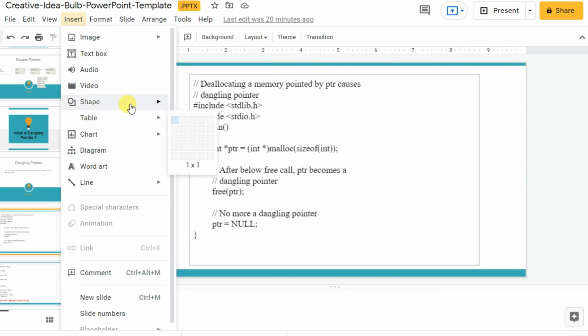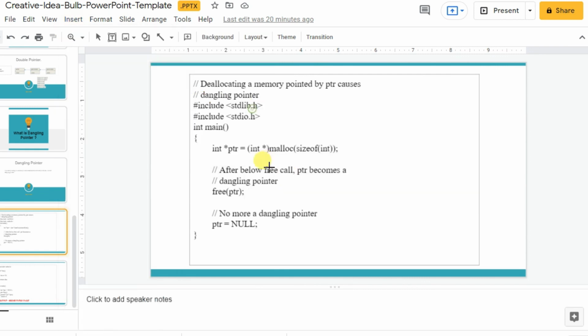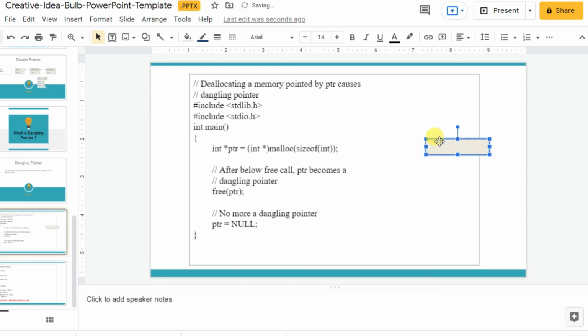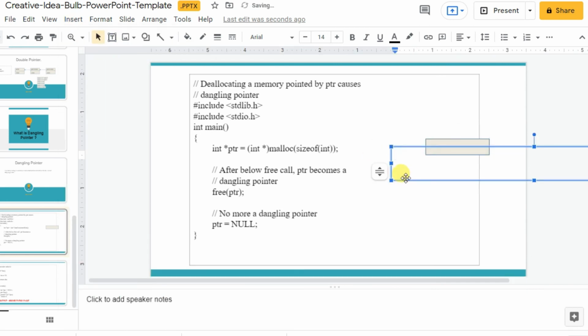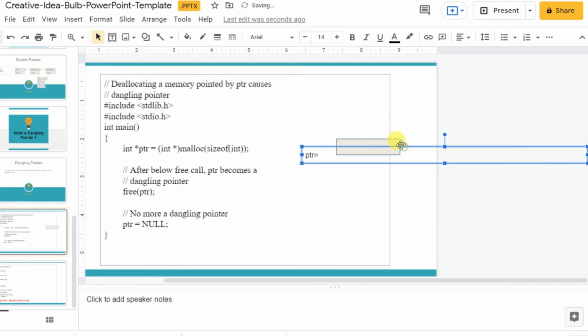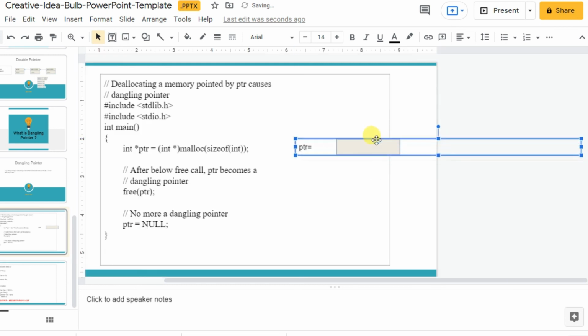Let's say whenever we use a malloc function, some memory is allocated, and you assign this memory to the pointer variable. Once you have assigned this memory, the pointer variable will point to this memory address.